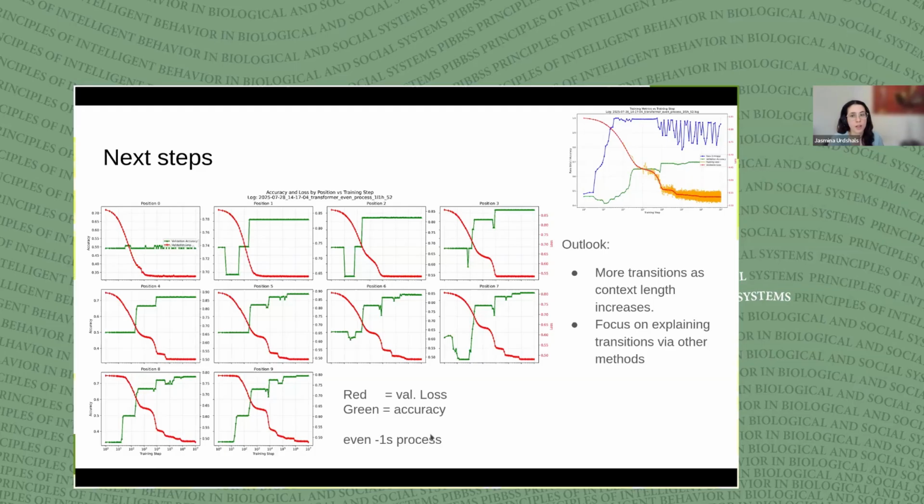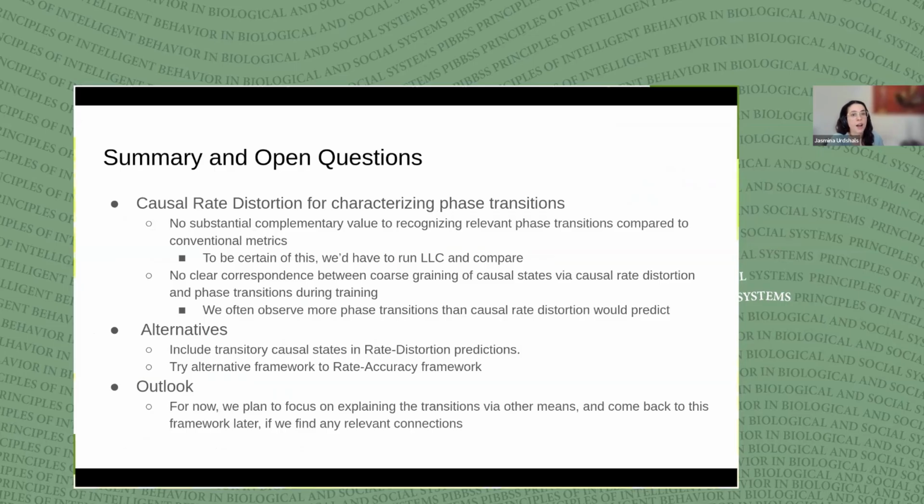So something flavored along those lines or different, we want to look at a bit more in next steps, and we think that is more promising than focusing on rate distortion for the time being. So with that said,